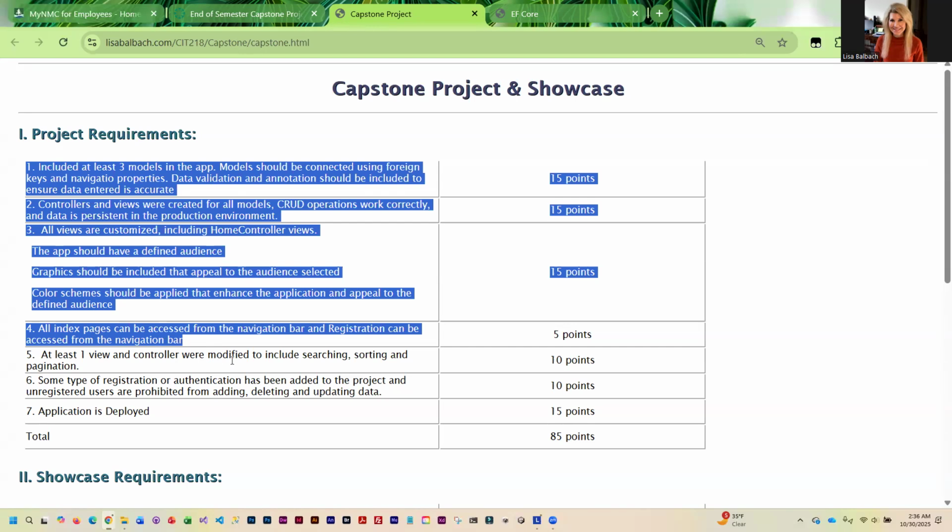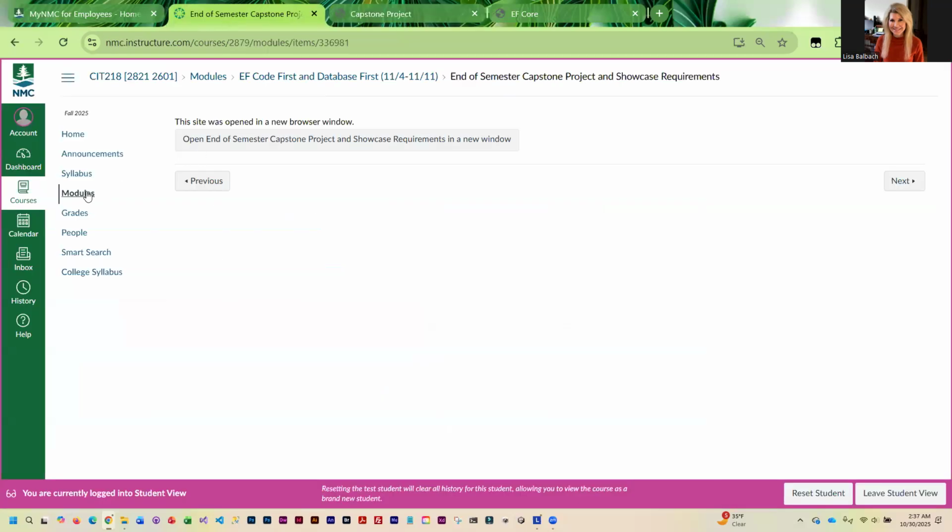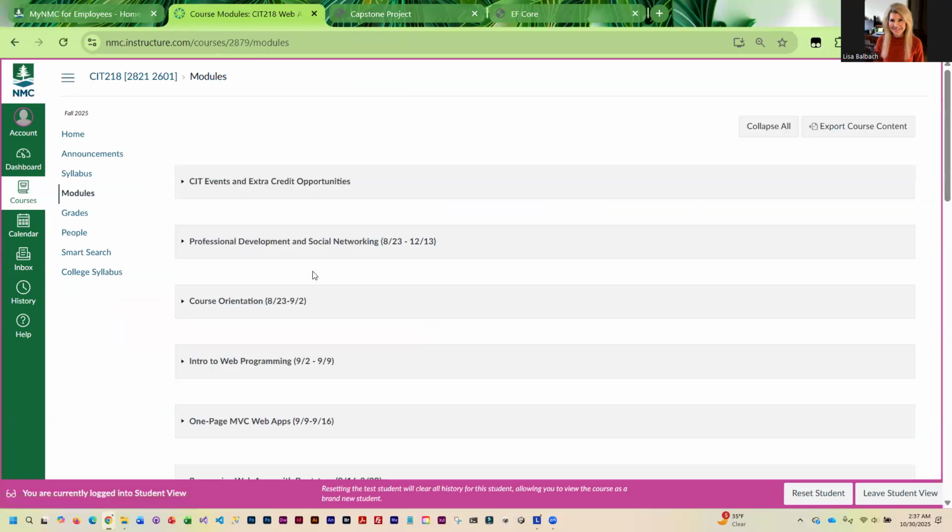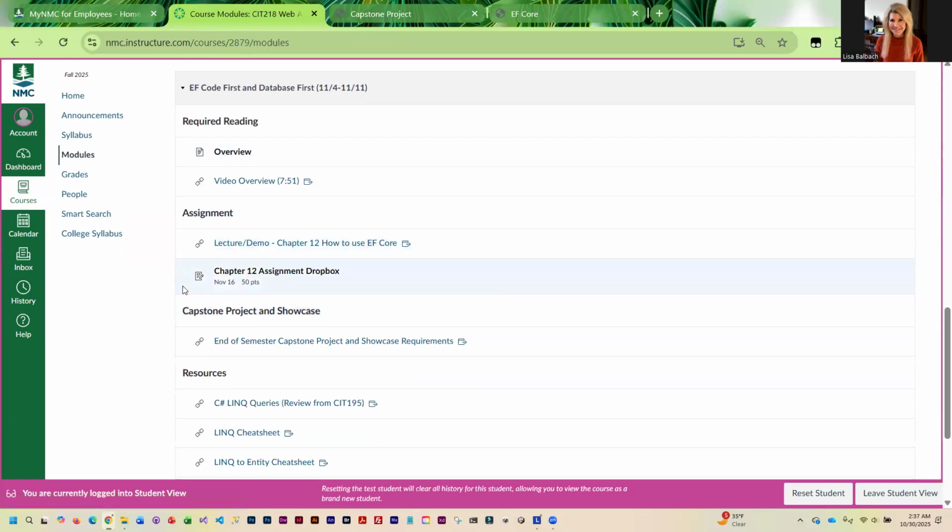Next week, we will be doing the searching and sorting. So after next week, you'll be able to complete number 5. And the following week, we're going to get into registration and authentication. Okay, so slowly making our way through all the requirements. Okay. But the thing that is due this week is the 2 projects from Entity Framework. And if you have any additional time left over, I would probably start working on those 2 additional tables in